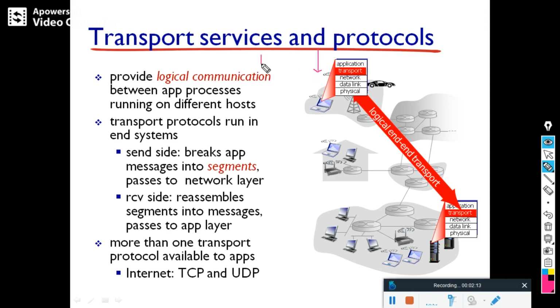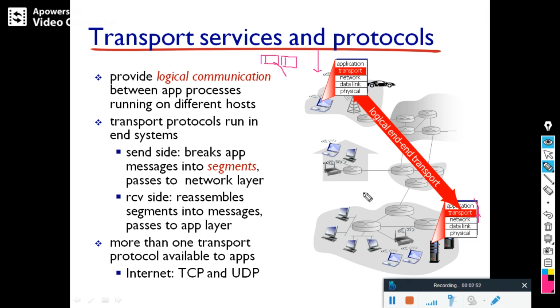The transport layer will divide the data into small chunks called segments, and add a transport header, and pass that data to the network layer, and the network layer passes the data down the network. On the other end, the transport layer receives the segments from the network layer, assembles them, and passes that to the application.